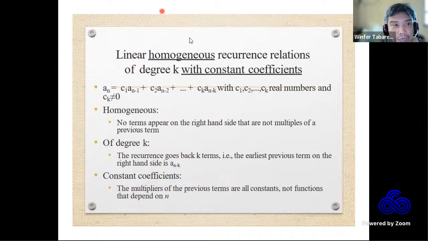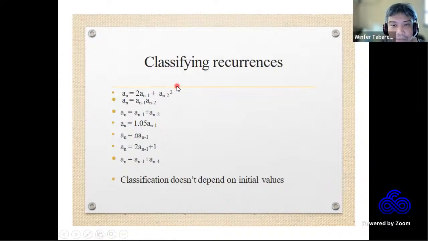All right, so from there, in terms of classifying recurrence relations, we have the following. If you look at the expressions, the first one is not a linear recurrence relation because we have a square for the previous term. The second one is also not a linear recurrence relation because we are multiplying expressions from the previous terms. The third equation, a sub n is equal to a sub n minus 1 plus a sub n minus 2,